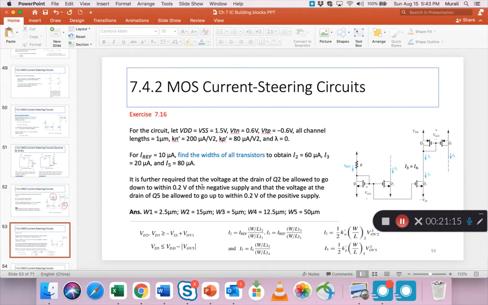So that's another condition. Okay, so we have these formulas that tell us how to handle this set of conditions, right? These are the saturation conditions. We saw these already, so they shouldn't come as a surprise. Similarly, the relationships between I reference and any of these other currents is through these W by L ratios, right? So we've seen these before, so we're going to use them. Lastly, to find